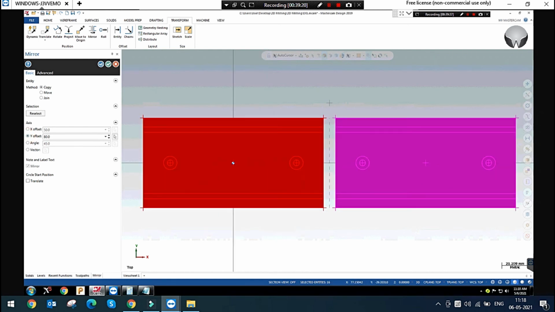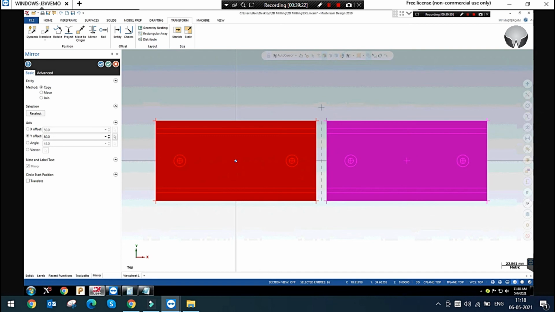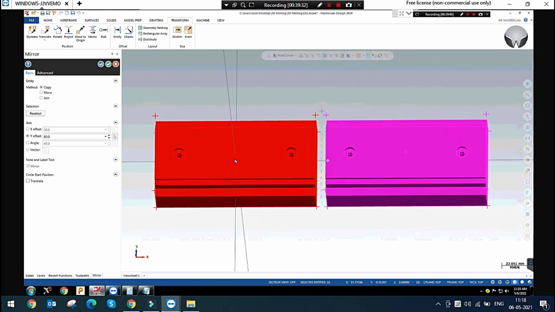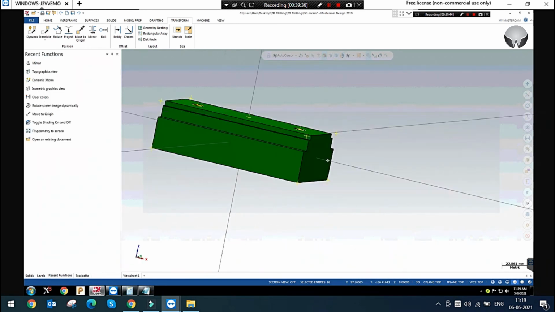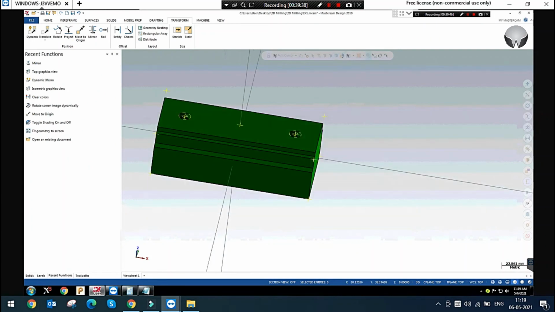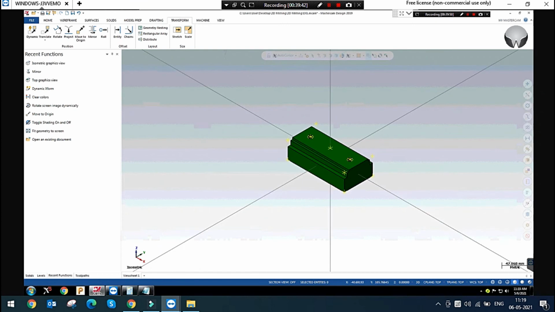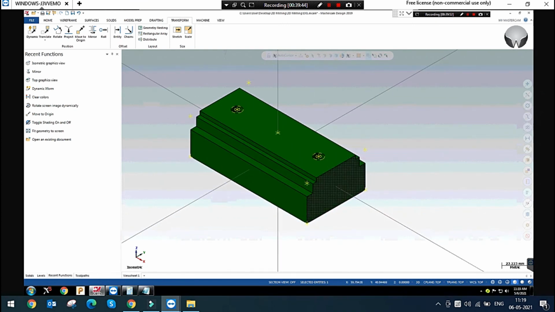Mirror means if I mirror, this point will be mirrored at this point. The component has been mirrored. In this model, yes, brother, please, I will make some differences. That is very understandable. Just I am deleting this.